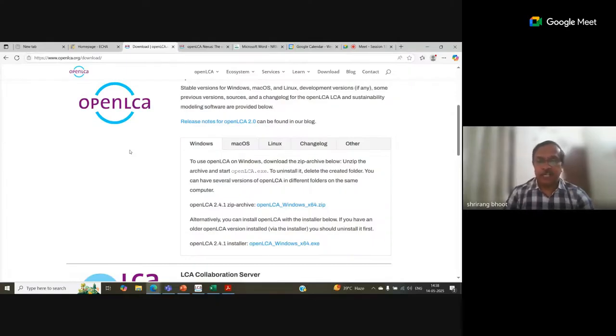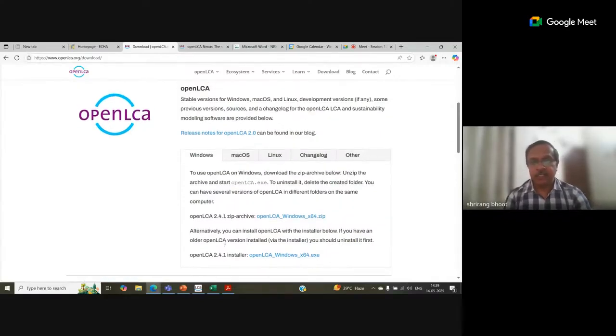Normally everybody has Windows, so it is recommended that you use this installer. Currently OpenLCA 2.4.1 is the current version which is available. You can directly click here, download the file and install it.